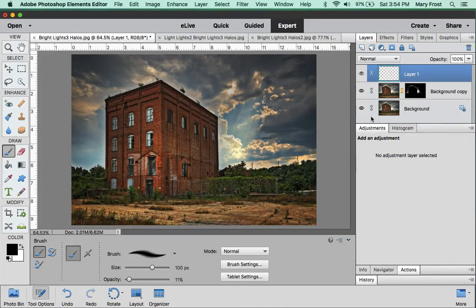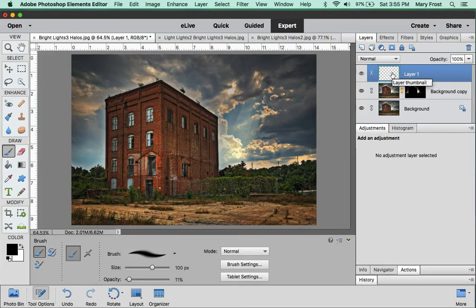If I come down to the background original layer and I hold the Alt or Option key down and click on the mask of the background layer, I'll hide all the work I did. There's how the image started out with its halos, and this is how it ended. So in this particular case, where the halos were pretty vivid, I did the best I could do on the multiply layer, and then I wanted to do a little more, so I added a new layer